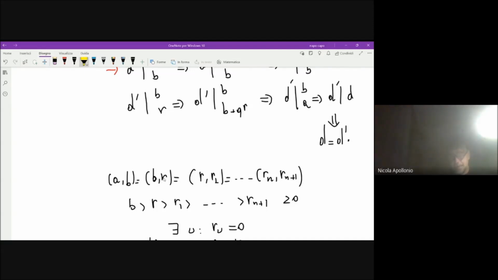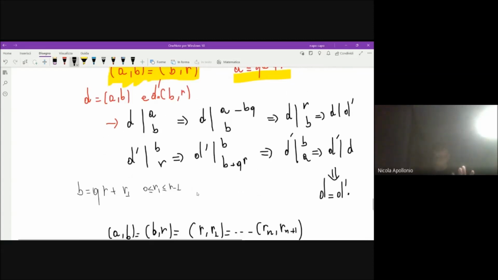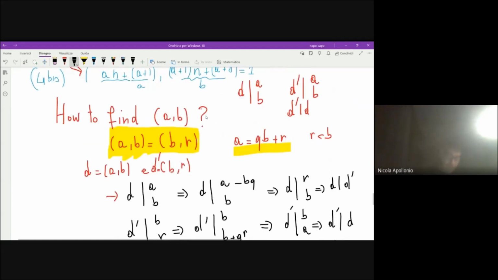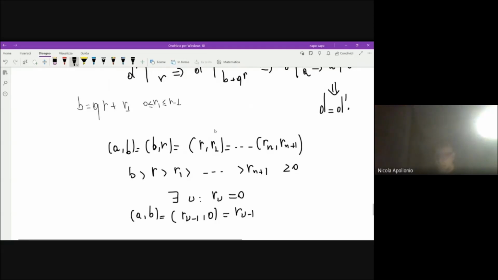So you can again divide B by R to get another remainder, which is smaller, because if you divide B by R, you have a quotient and a remainder R1, where R1 is non-negative and strictly smaller than R. We have not already proved the highlighted identity, sorry, but assuming that this is true,